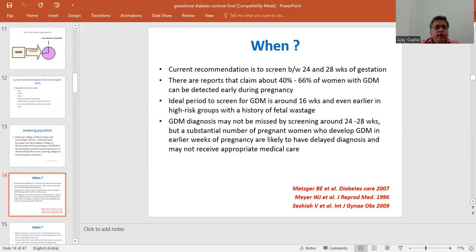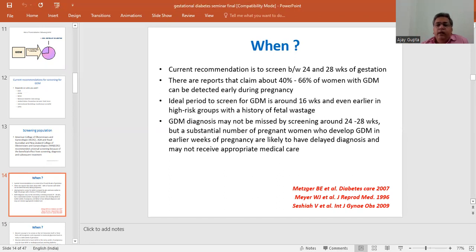So when screening is to be done, what is the ideal time for screening? The current recommendation for screening is between 24 to 28 weeks of gestation. There are reports that claim that about 40 to 66% of women with GDM can be detected early during the pregnancy. The ideal period for screening for GDM is around 16 weeks or even earlier in high-risk groups with a history of fetal wastage. GDM diagnosis may not be missed by screening at around 24 to 28 weeks, but a substantial number of pregnant women who develop GDM in the early weeks of pregnancy are likely to have a delayed diagnosis